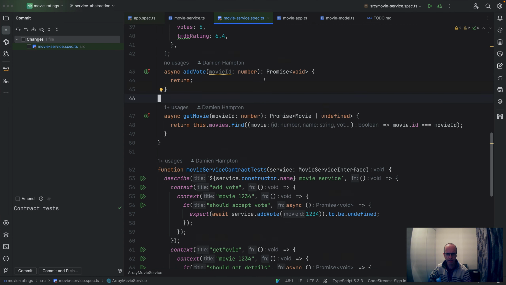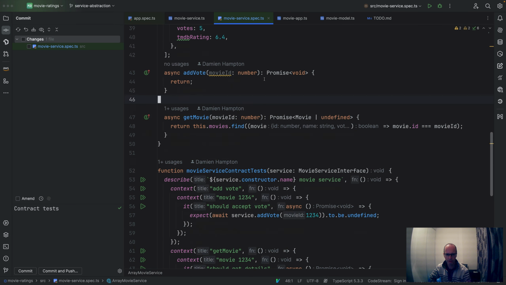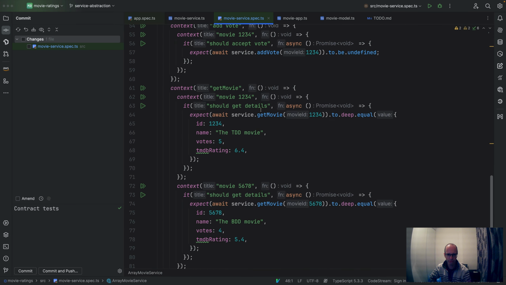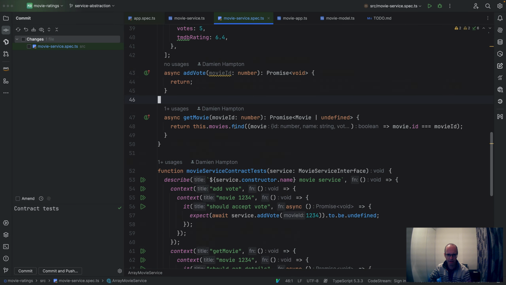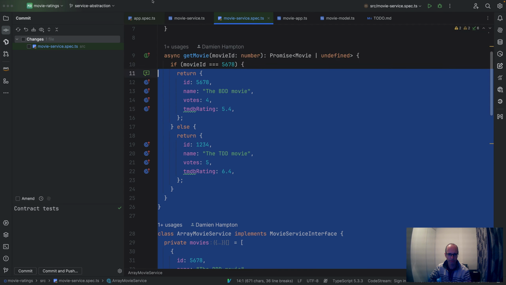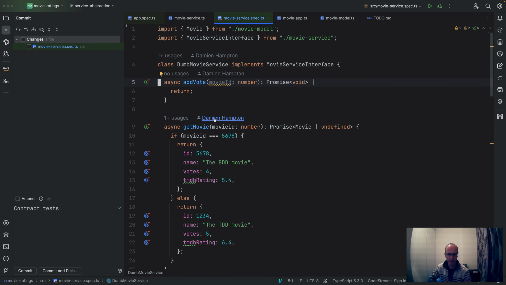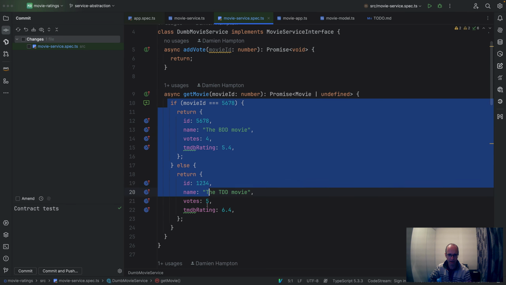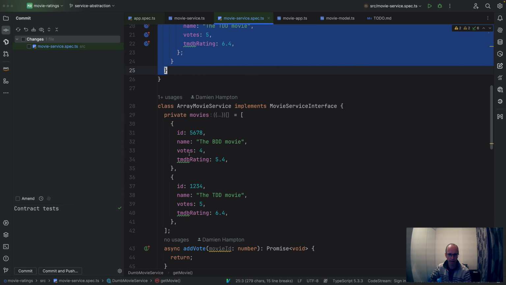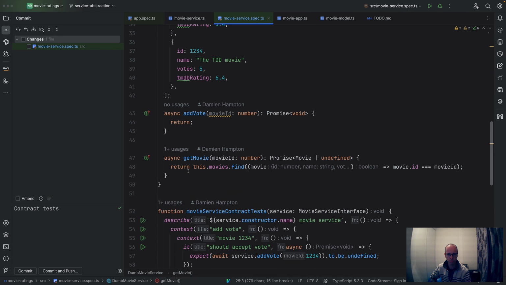So in the last video, I'd set up the contract tests for the movie service, and I'd also added a couple of demonstration implementations of the movie service interface. One that just relied on hard-coded data, and one that actually had an array of movies there. So what I'm going to do